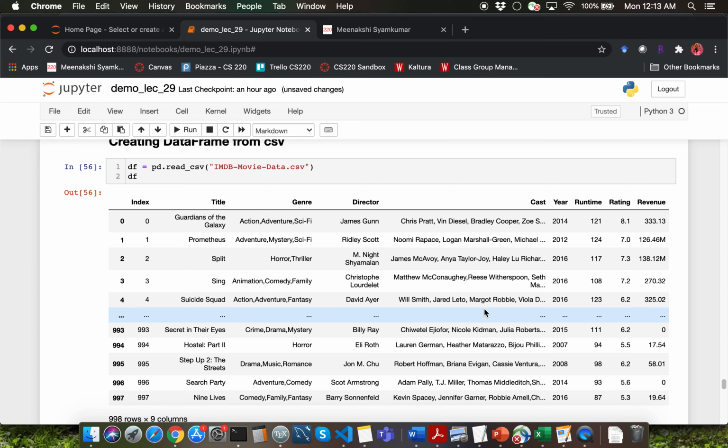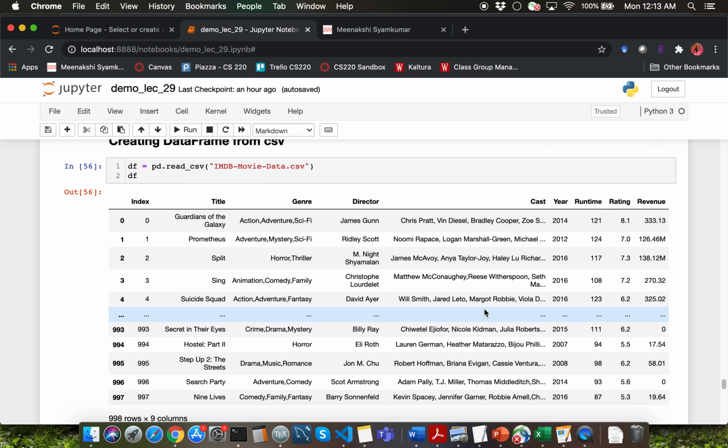Recall that whenever you had to process a CSV file, you always had to explicitly typecast non-string columns into the corresponding type that you're interested in. Pandas makes all of our lives easier, so this is already taken care of for you.